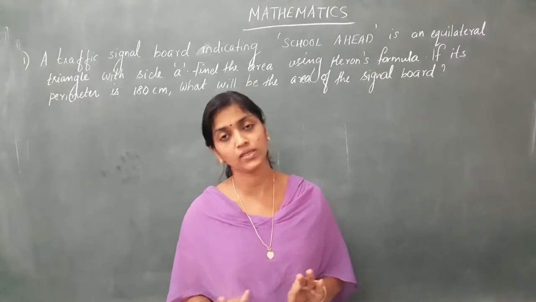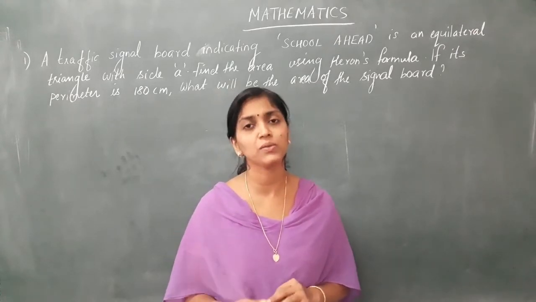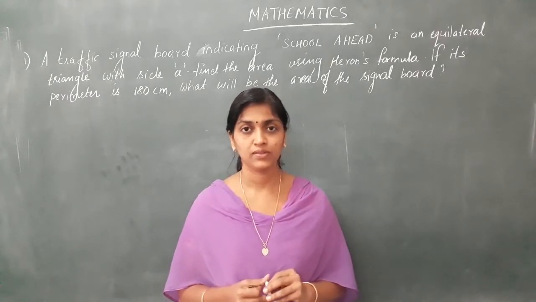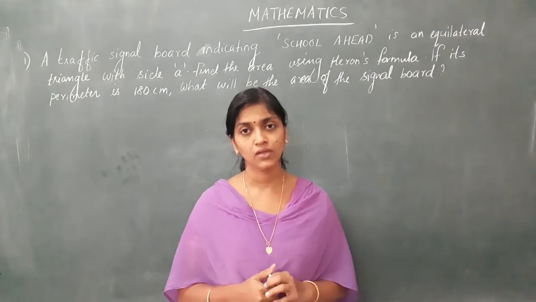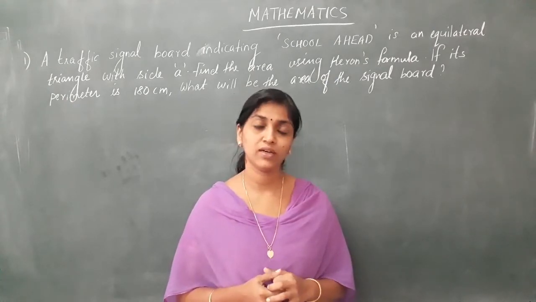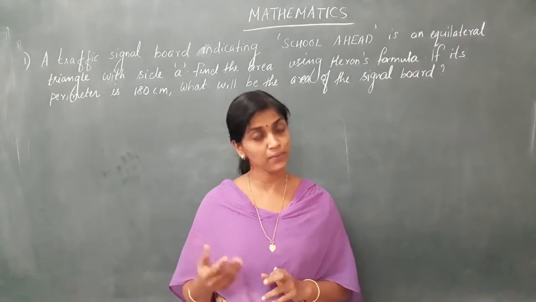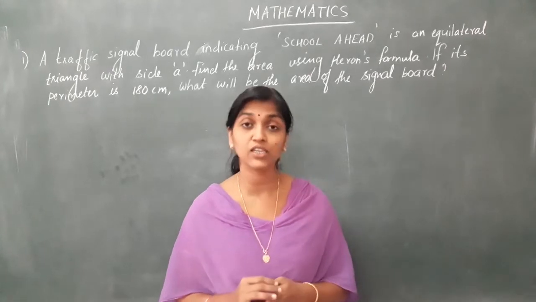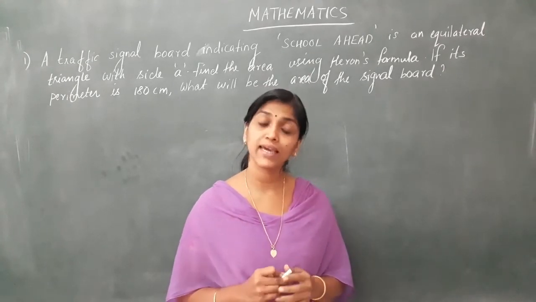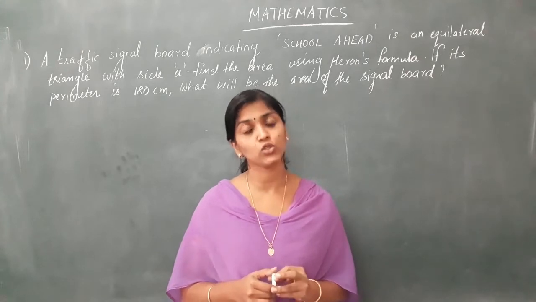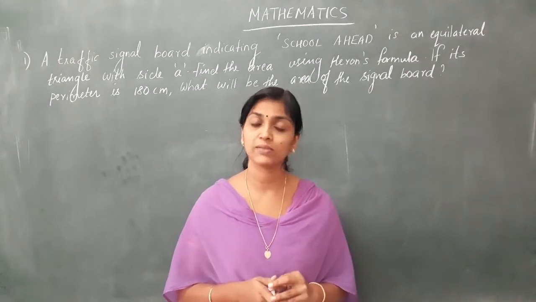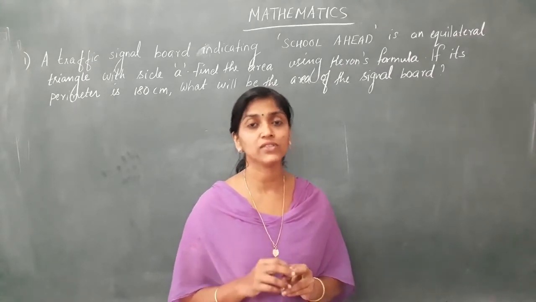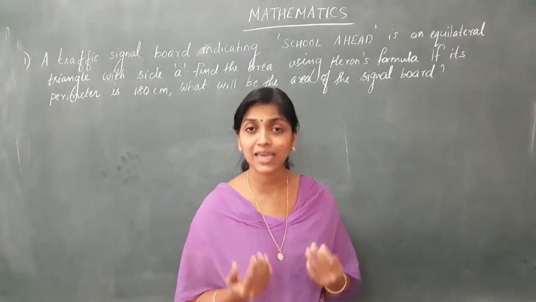We are planning to study only the formula, Heron's formula, but we are doing problems, and also we have the application of Heron's formula. That we'll see. So, what was our Heron's formula? It is defined as, area of a triangle is equal to root of S into S minus A into S minus B into S minus C, where A, B and C are the sides of a triangle, and also we know what is S.